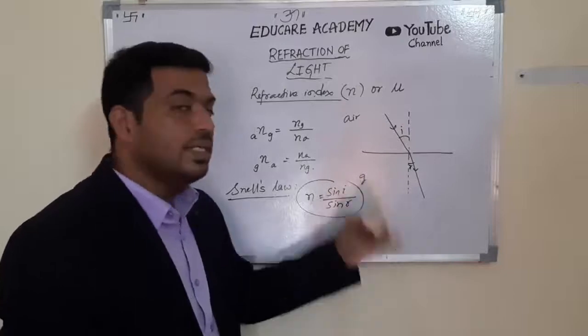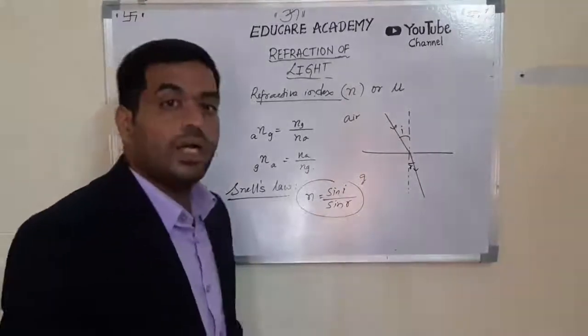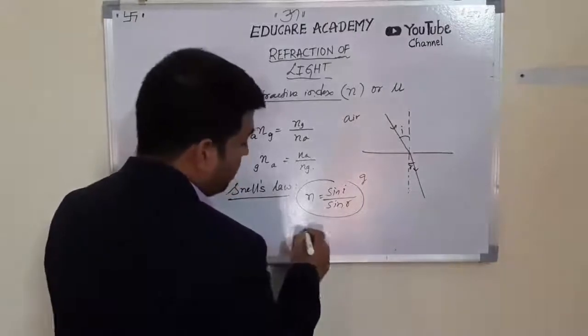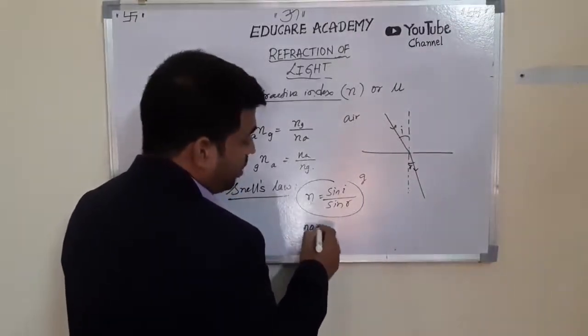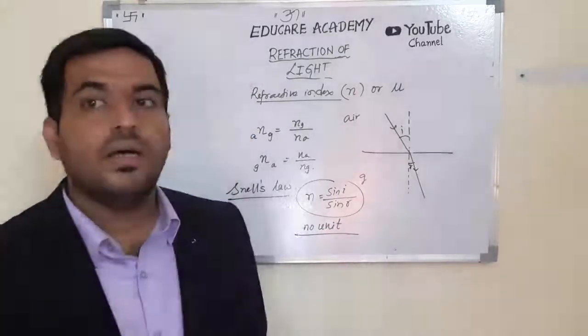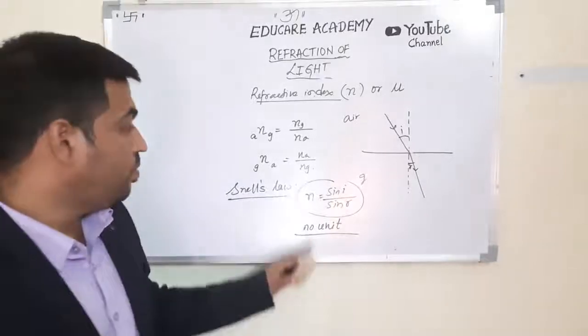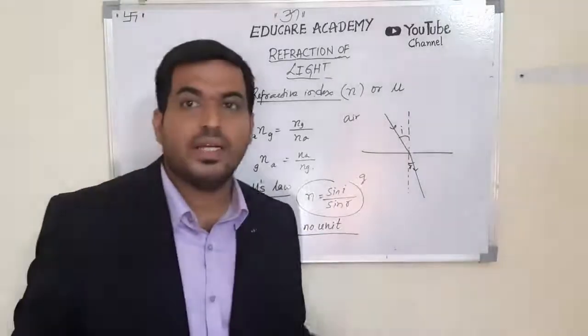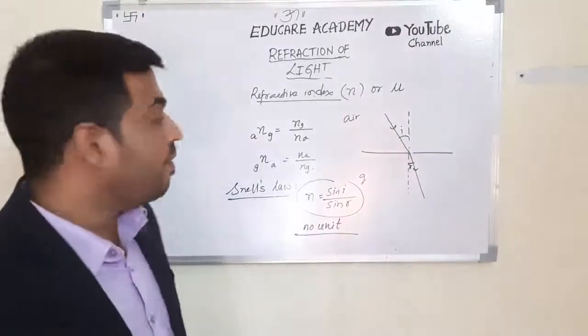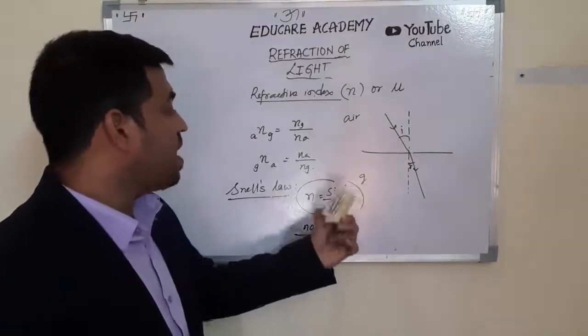Since both are angles, the ratio of angles does not involve any unit, so it does not have any unit. No unit for refractive index. There are certain physical quantities which do not have any unit. So refractive index is one of them, like relative density does not have any unit. So sin i by sin r is